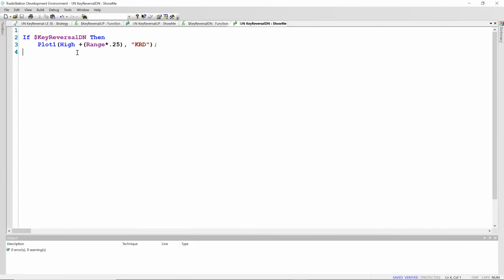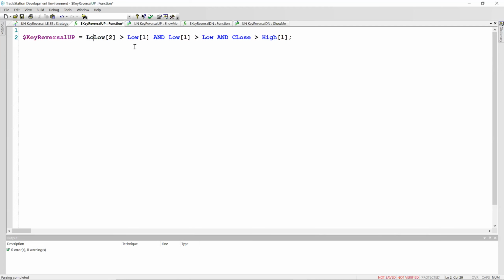You see how the function is being referenced in multiple studies. This is where the flexibility comes in, because now I can go to the function code, this is the key reversal up, and I can make modifications to what I consider to be my key reversal. Let's change a few things here. I'm going to add one more bar. I'm going to say if the low of 3 bars ago is greater than the low 2 bars ago, and